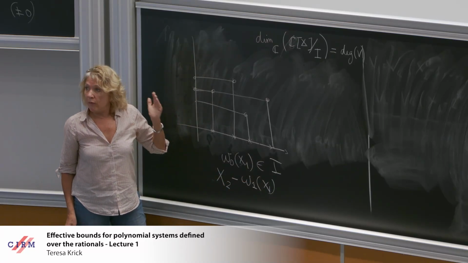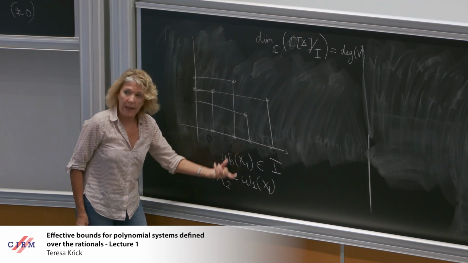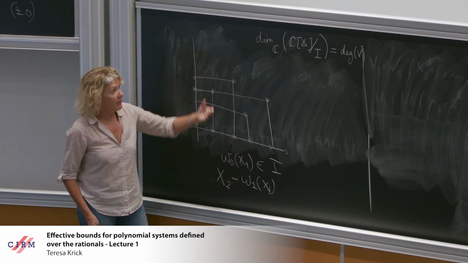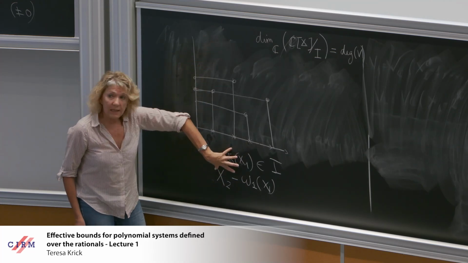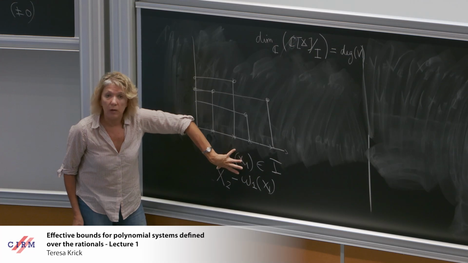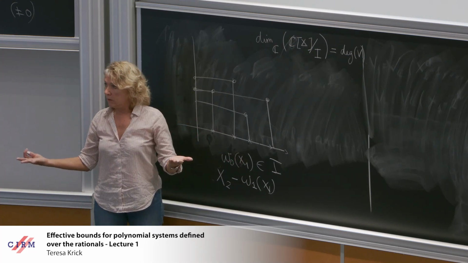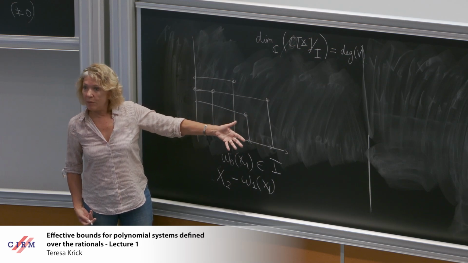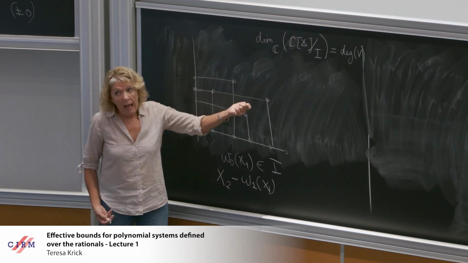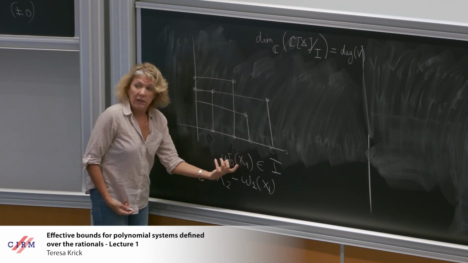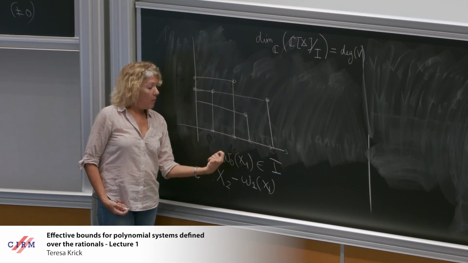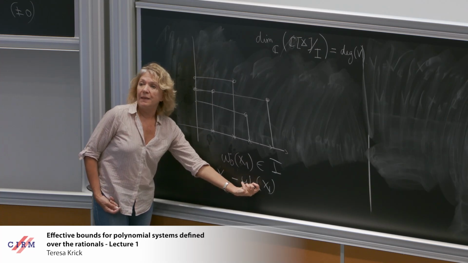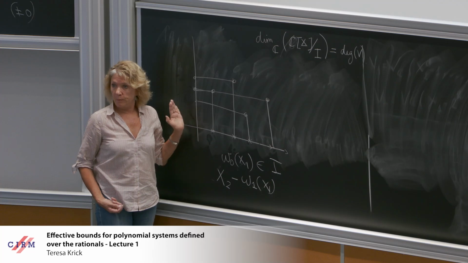And since we are in a radical situation, how many points do I have here? I have d points. And since we are in a radical situation, we have d points on both sides, so they define the same ideal. So what I'm saying is that this is a very mock example in two variables, but that my ideal I is in fact the ideal generated by ω0 in one variable, and then all the other coordinates are expressed by that variable. This is the shape lemma.